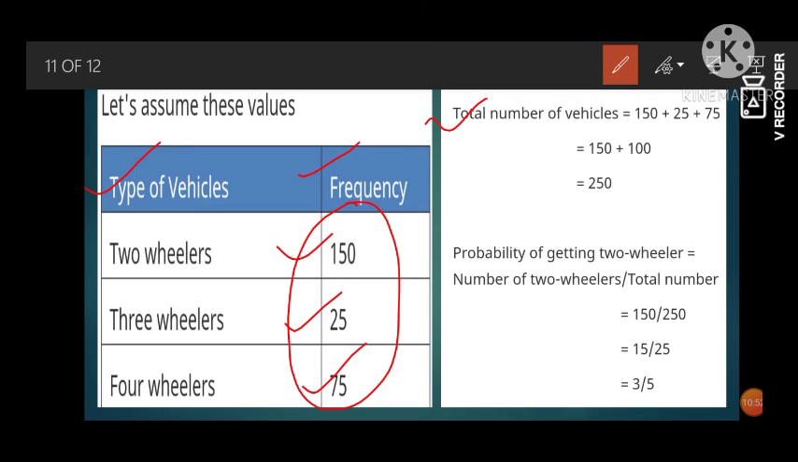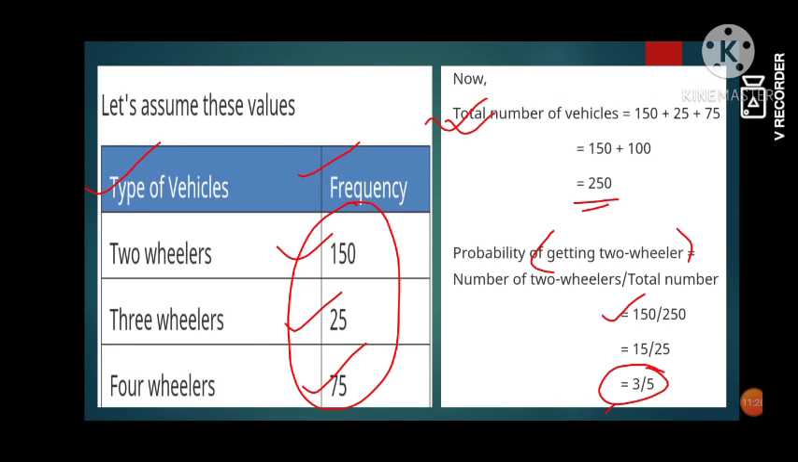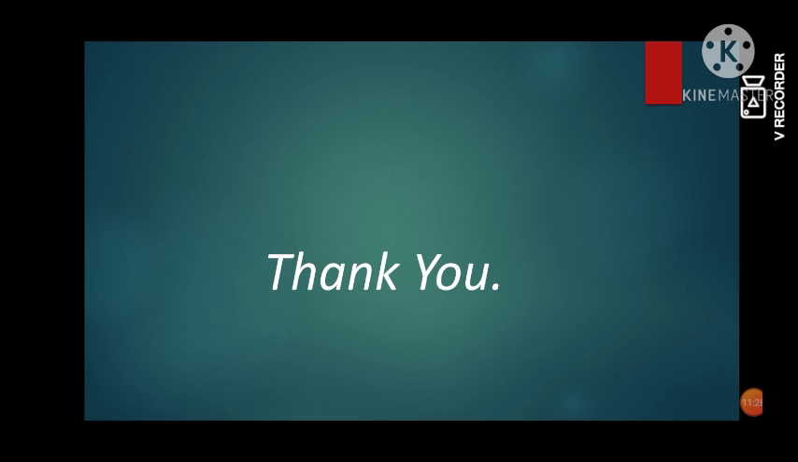Now we have to find the probability of two-wheelers. The total number of vehicles is 150 plus 25 plus 75, which is 250. The probability that a two-wheeler passes is the number of two-wheelers by the total number. The number of two-wheelers is 150 and the total is 250. So we have the probability as 3 by 5. So this is our sum, the three sums that we have discussed today: question number 7, 8 and activity 9. I hope this short tutorial